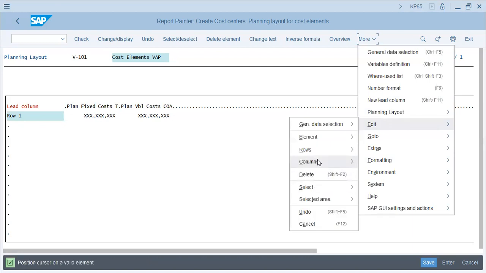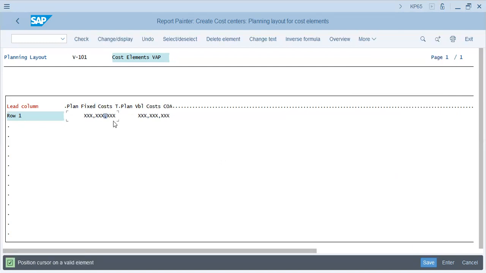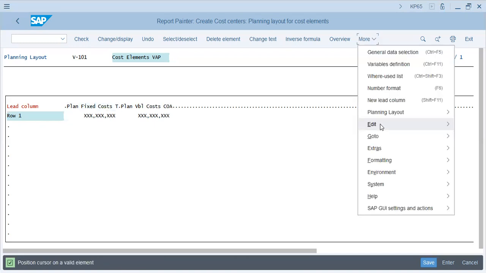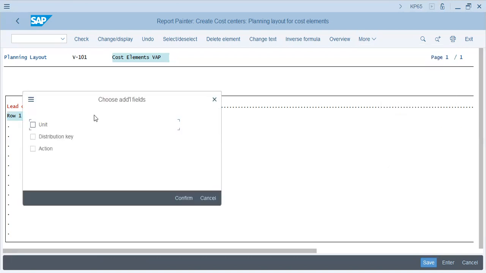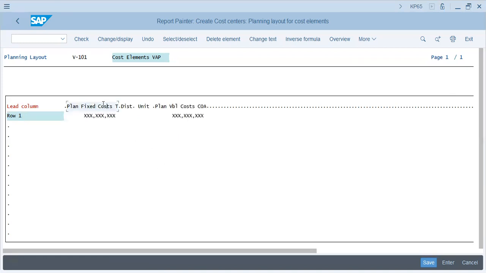Edit columns, additional fields. Okay. Unit. Distribution key confirmed. Okay. Now,